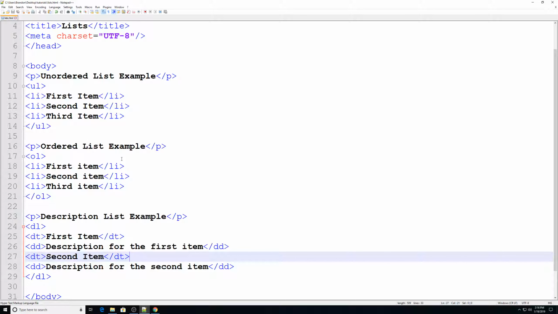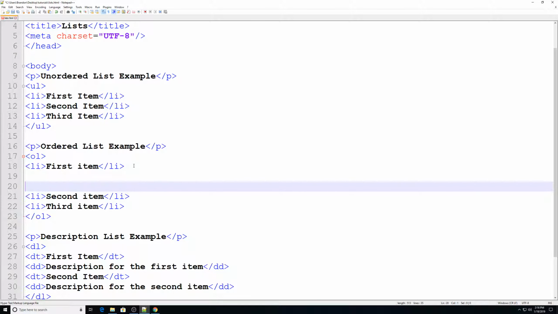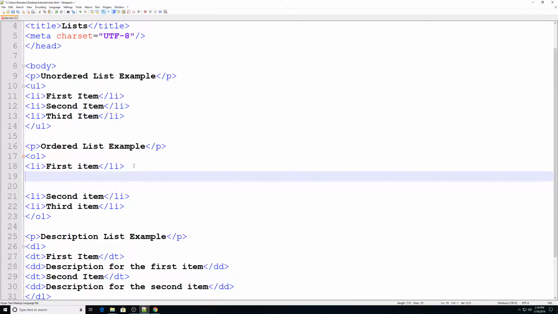Let's say my first item has some smaller lists that could be listed in it, kind of like if I was making an outline. So here's what I would do for this. I'm going to give myself some room here to work, and then inside of this I'm going to make an unordered list